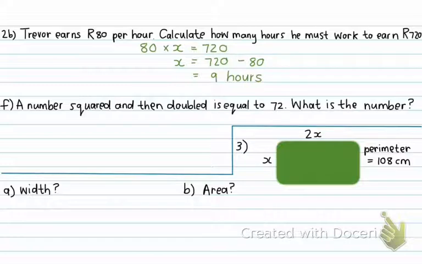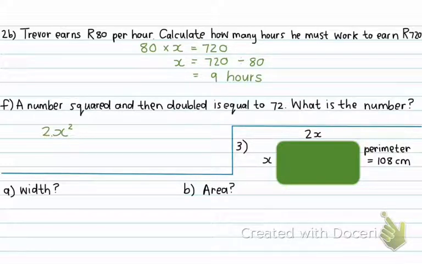Okay, if they say a number squared and then doubled is equal to 72, what is the number? Okay, we don't know what the number is, so let's name the number or make the number x. A number squared, so I square it, and then doubled, multiplied by 2,